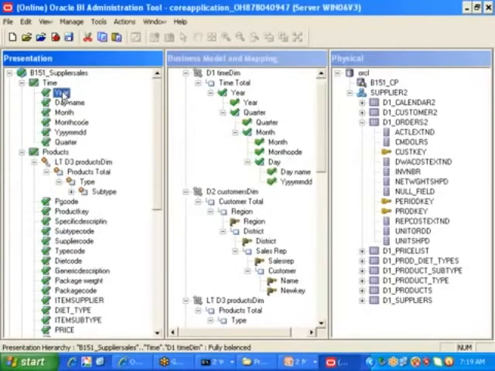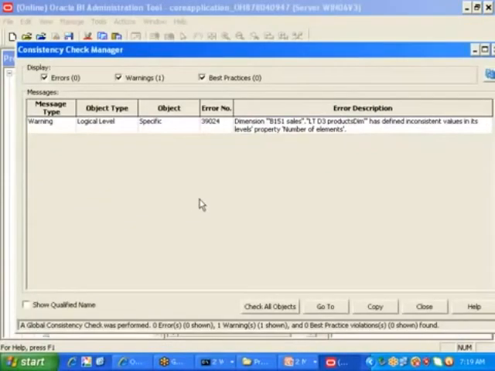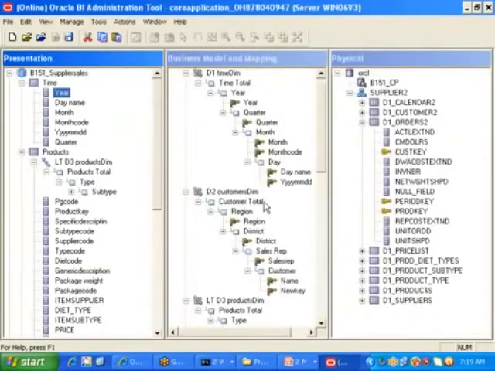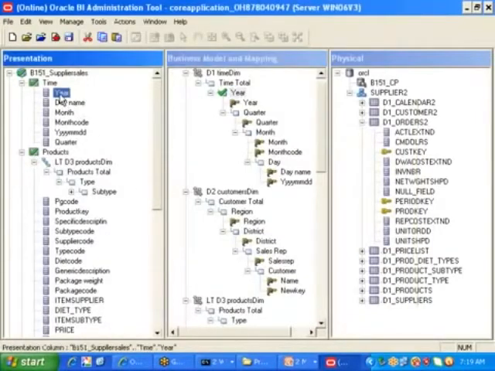I am deleting this time hierarchy and I am checking in changes. Now, is it working or not? Now it is working. So we come to understand the issue is something to do with the time only. Let me see once again the year level. I have year key and I have year column properly and I use it for the display also properly. It is available. No issues.